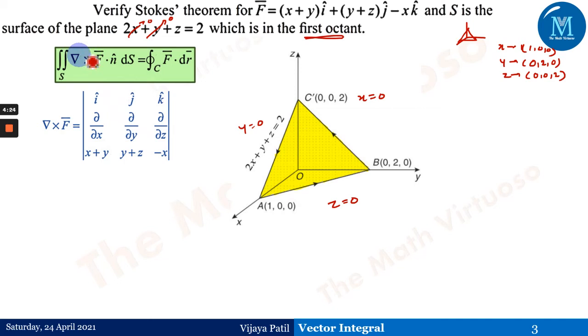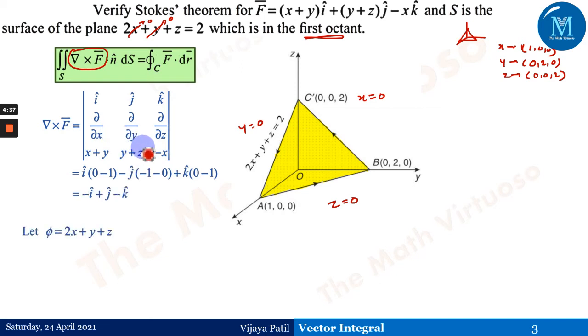So in Stokes' theorem, we need to calculate this first, that is the flux, or you can say the curl of F bar. F bar has been directly given here, so we'll be moving ahead a little bit fast, because it's just a curl. We know how to find the curl: just reduce this, or get the determinant of this particular matrix here.